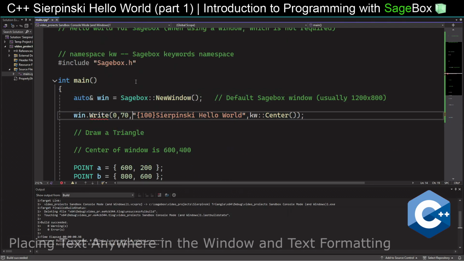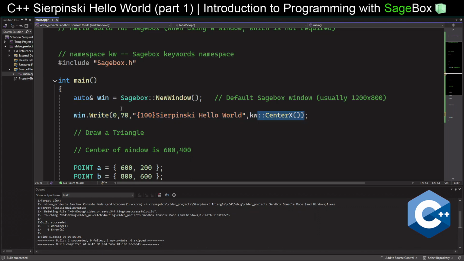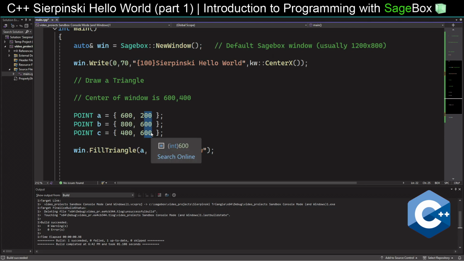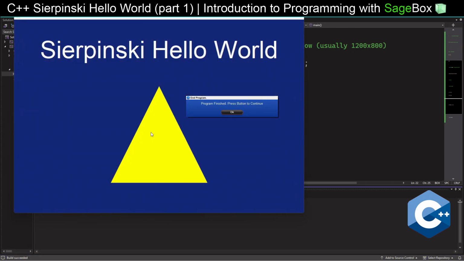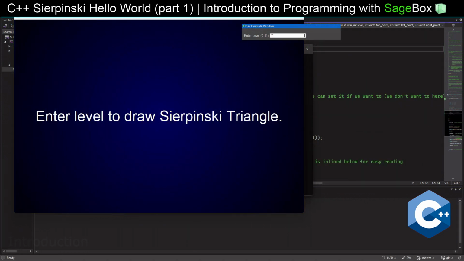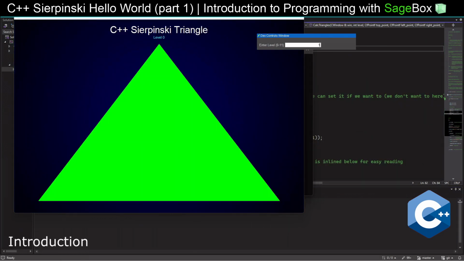Now on this right, I'm adding 70 pixels, just eyeballing it really. But I'm going to use center X instead of center, and that's going to center it horizontally at wherever it is vertically, so I don't have to worry about putting in the X coordinate there. That's why it's 0. So I'm going to do that, and then I'm going to add about 75 pixels maybe to all these points, and then when I run it, we have this kind of nicely framed Hello World program with a triangle. So that's a basic introduction to using Sagebox with the Sierpinski Triangle as a context for kind of a Hello World